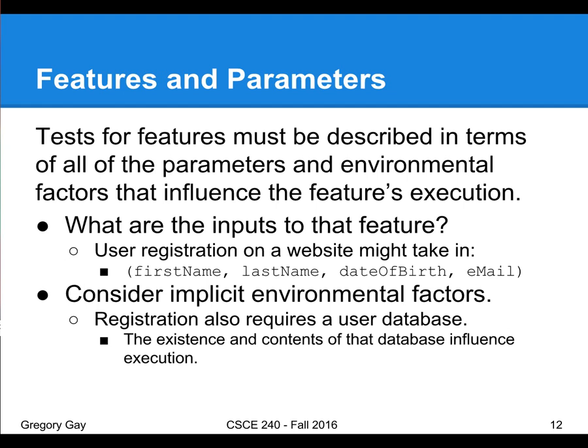You can imagine there's different permutations in that. A database without the account, a database with this account that already exists, a database where the connection is down. You can imagine a bunch of different permutations on that. But you have to consider not just the explicitly named input to a function, but also anything else sitting out there that can go out and influence the outcome of that function.